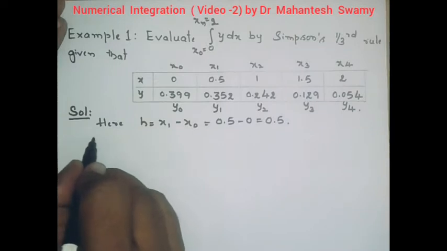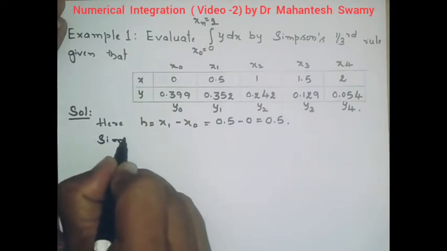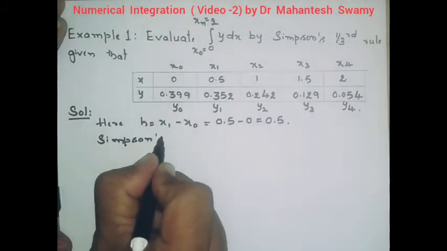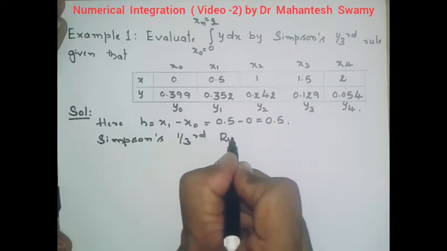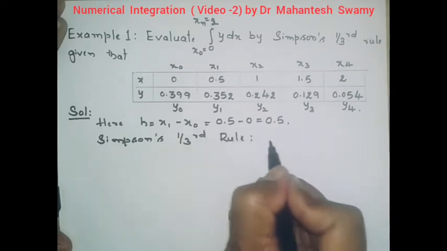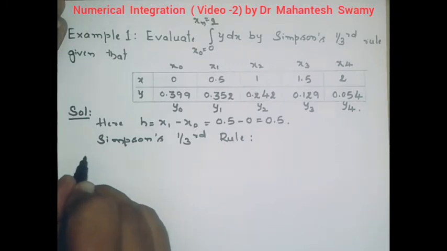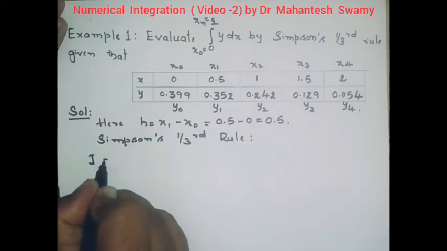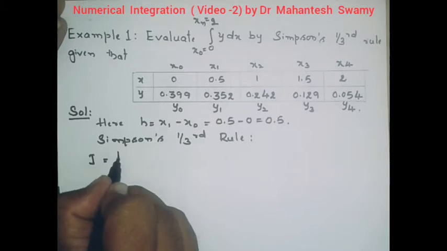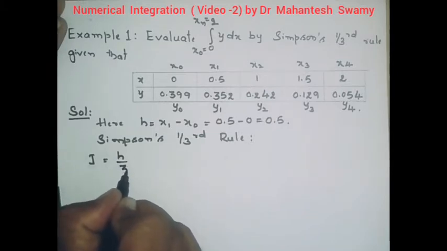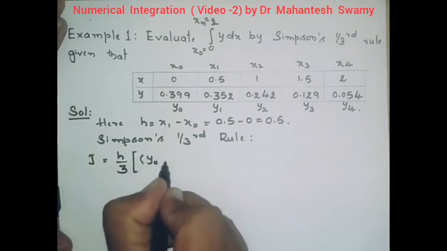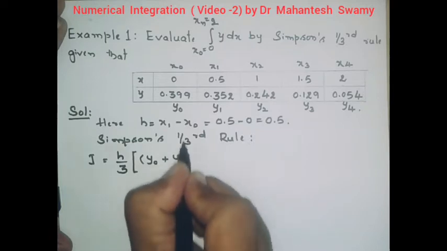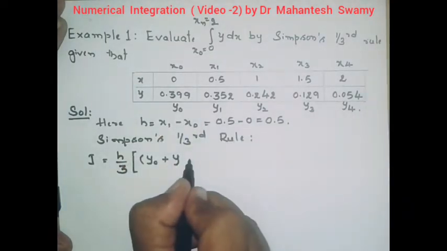Now let us consider Simpson's 1/3 rule. In the last video we discussed Simpson's 1/3 rule, and the same formula we are going to write here. So the given integral can be taken as I equals h by 3 into bracket the first value y0 plus the last value. What is the last value in the table? It is y4. So it is y0 plus y4